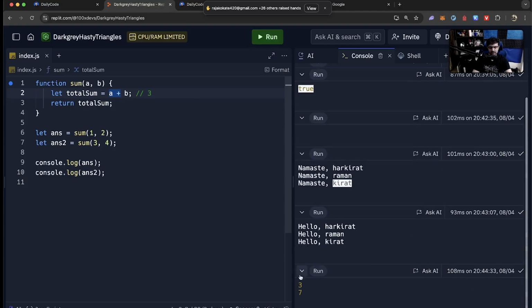If I run this, I see 3 and 7 printed on the screen because sum of these two is 3, these two is 7. So this is how you define a function. It has a name, it has arguments, can be more than one, and it has something it does and then returns the value. You are offloading your work to someone else.